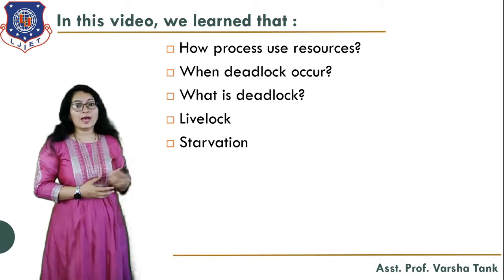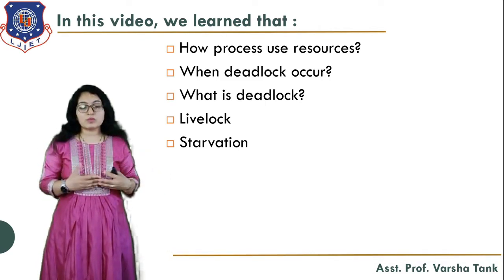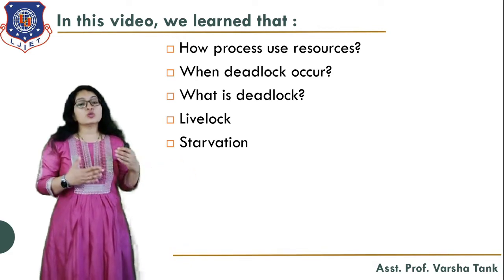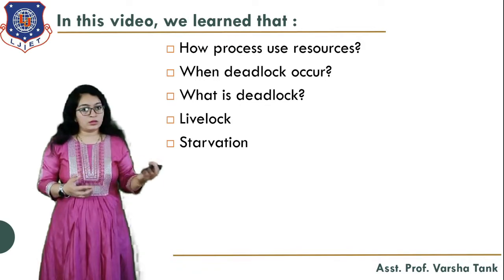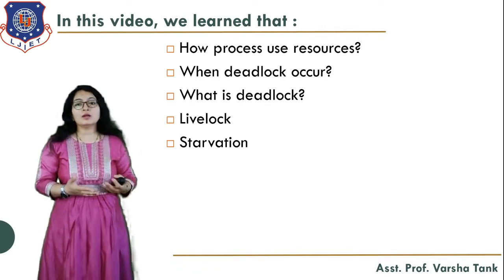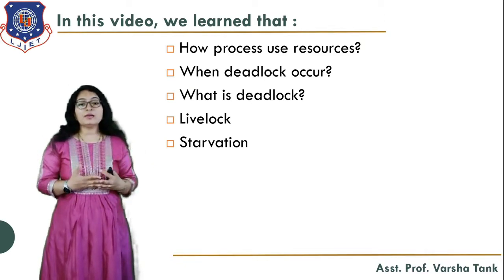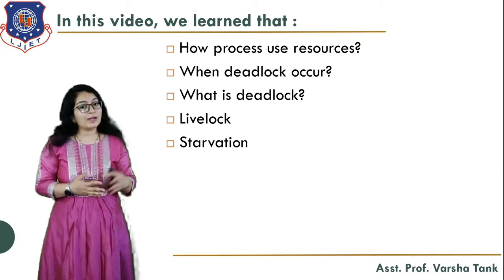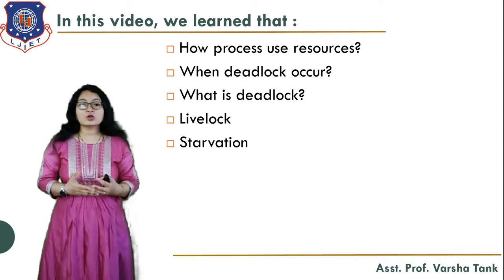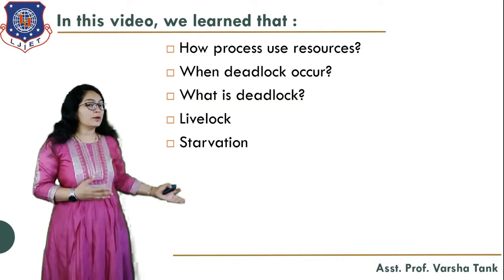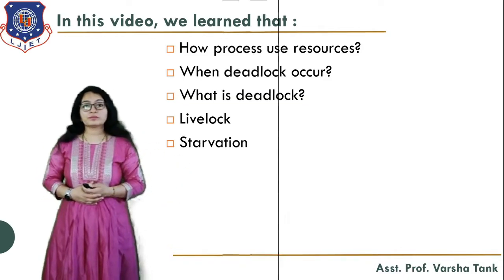Then we have seen livelock. Livelock means each and every process backs up. We have taken the example of the cars, where all the cars back up, which means they are not making fruitful progress. That is what livelock is. And starvation is what? Starvation is not always a deadlock, but deadlock is always a starvation. Starvation means the high priority process always uses the resources, so the low priority process has to wait. That is the starvation.